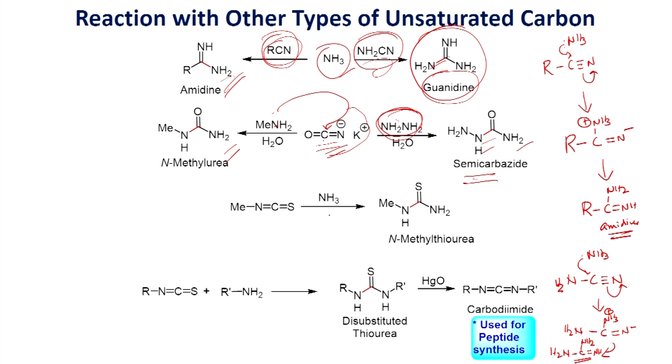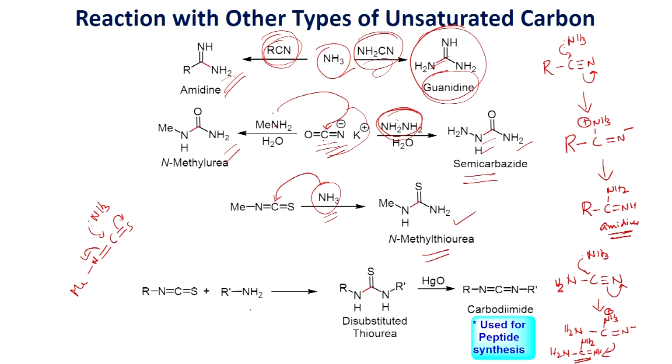You can also try to add, for example, in this case, the reaction of ammonia with methyl thioisocyanate is shown, which can readily undergo reaction, and then you will be able to form methyl thiourea as the product. So, you can write like this: when you do the reaction, you will be able to form methyl thiourea as the product.